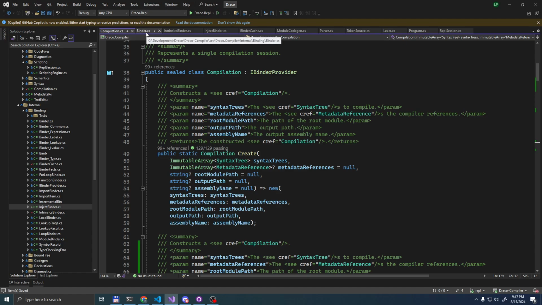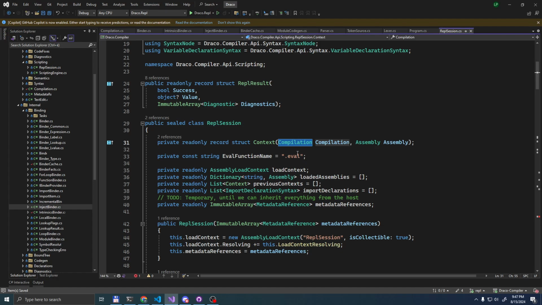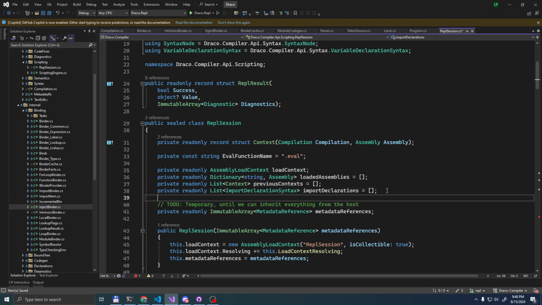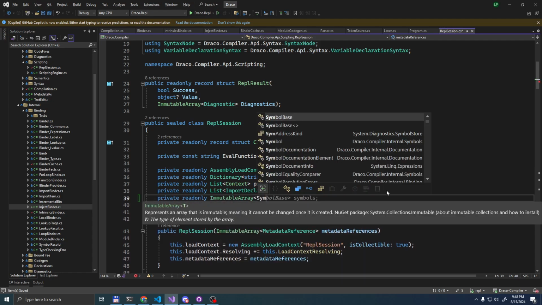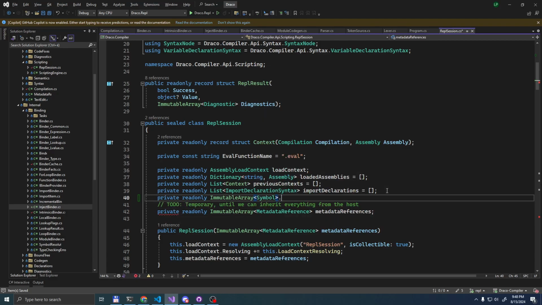So I believe now we can start modifying the REPL session and have something like private read-only immutable array of symbol dot builder about the referable things that we want to inject.